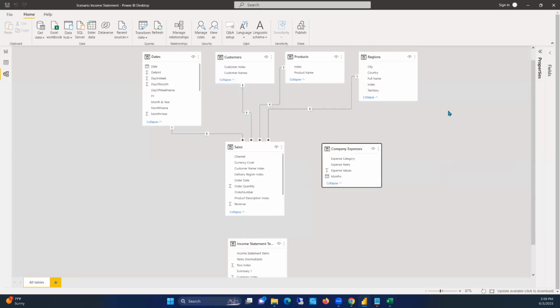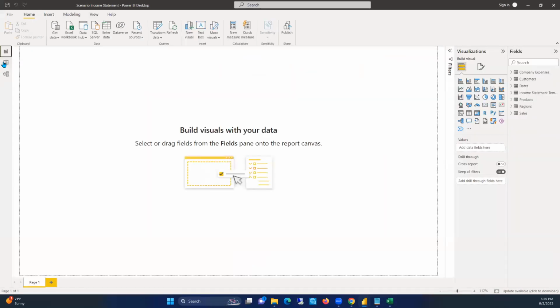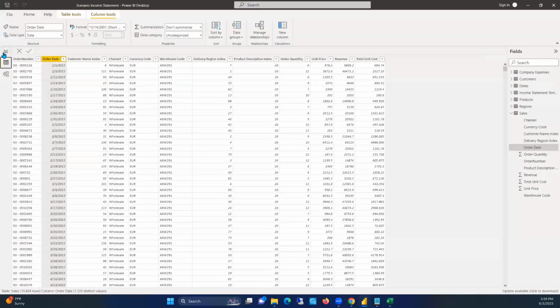So now the next step is to see how we integrate these two tables together, this sales table and the company expense table, in order for us to get our single large table, right? So I'm going to go back here, right? And then I'm going to